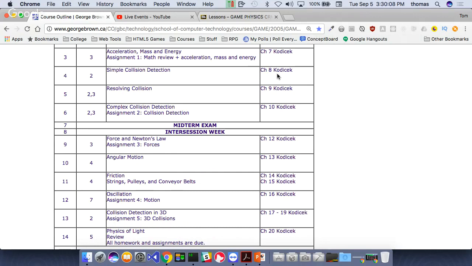Even though he says it's going to be chapter 8, I'm just going to move these around a little bit. You're still going to get everything from this selection in the outline. It's just going to be in a different order. And the reason for this is because it doesn't make any sense. You're going to get killed if you do it this way. You won't like it, right? And I want to make it more fun. So things like angular motion and friction, all that kind of stuff I'm going to bring up. And then you're probably going to get things like collisions, resolving collisions, and complex collisions in the second half. Just letting you know. Okay, so what I'm going to do is I can't revise the outline.